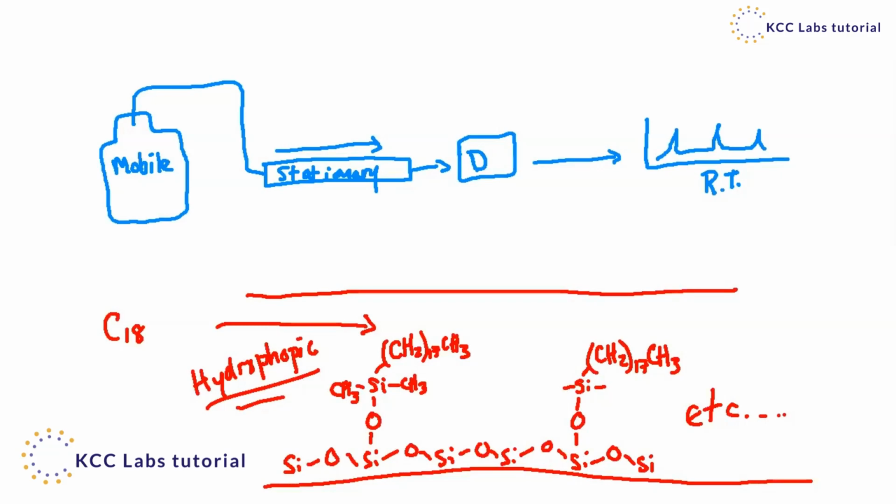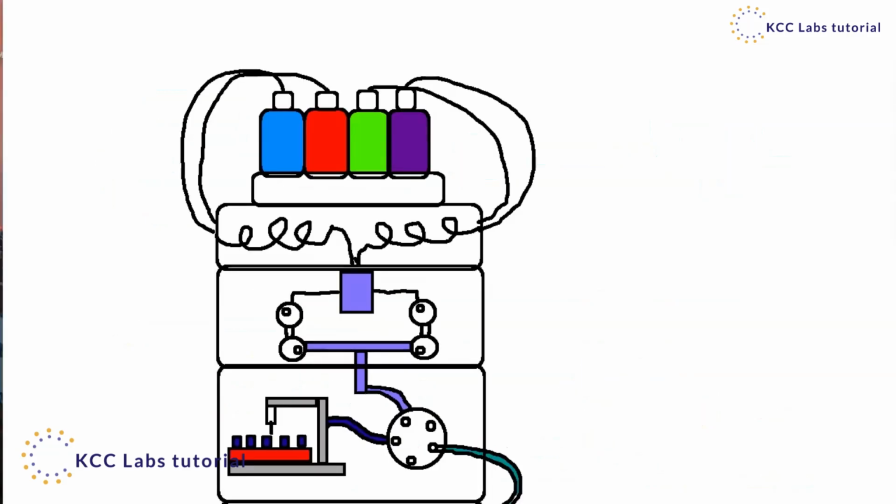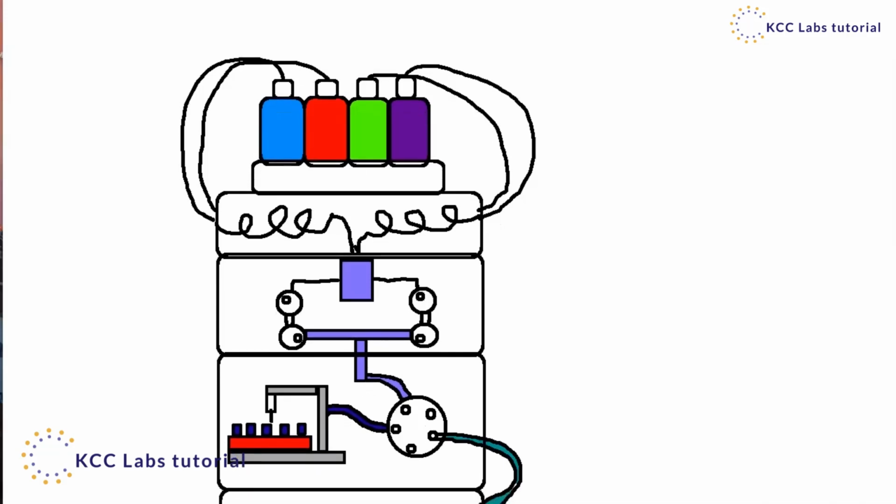Okay, so here we are. We have the setup for what the HPLC would ideally look like if we had the system, and we could kind of briefly look at the insides. Again, this is still a simplified drawing, but it's more detailed than what I showed a few minutes ago. So the very top part here, you can see the bottles that are hanging out at the top. This is where you're going to find your mobile phase components, okay? So these are your solvents, your water, whatever it might be. It could be your buffer solutions, but your mobile phase is usually found at the top of the HPLC instrument,